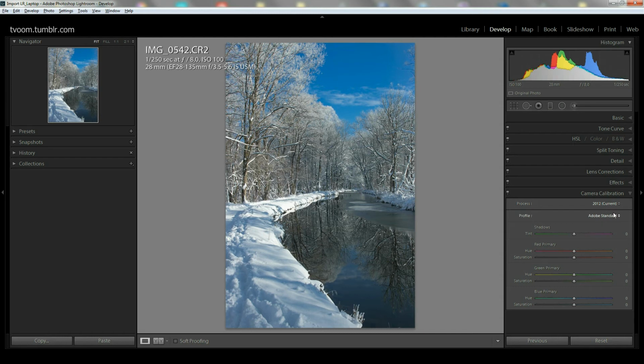Other than process, the profile is only available when you actually have a RAW file. And you see I have a RAW file here, CR2 from my Canon 700D. And if we click on that, we see Adobe Standard is the default. So every RAW file that you import into Lightroom will be processed with the Adobe Standard profile, which will most